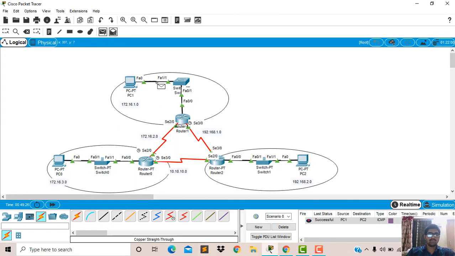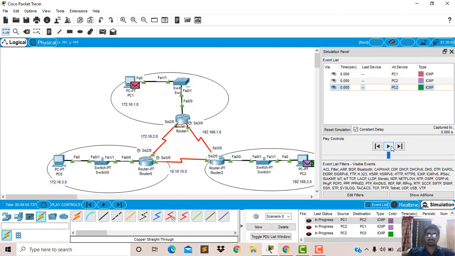Now we will check if sending the information from PC2 to PC1 is successful. Yes, we can send the packet and get the information from that. The same we can do for PC2 to PC0. We can see which path it is choosing. Now all the packets will go.